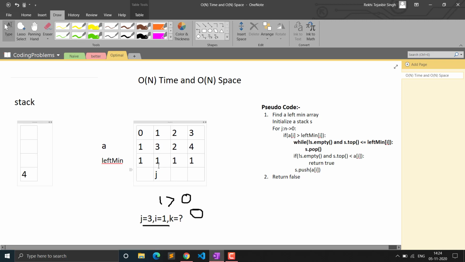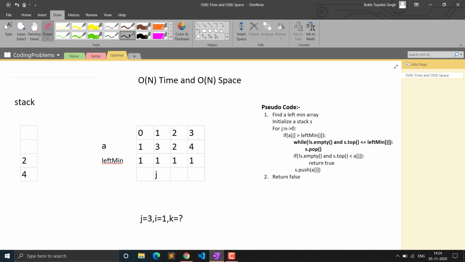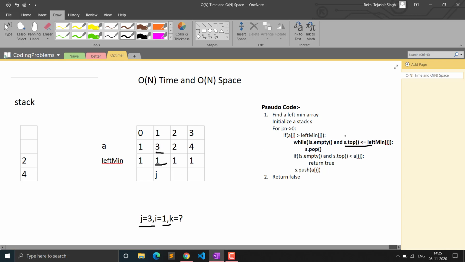So when we decrement our j, it comes to this index. Before doing that, we will push the particular element that we are decrementing from. So it will be 2. So we have this in our stack. And now we have j as this 3 and I as 1. Now, for our stack, we will run this condition.